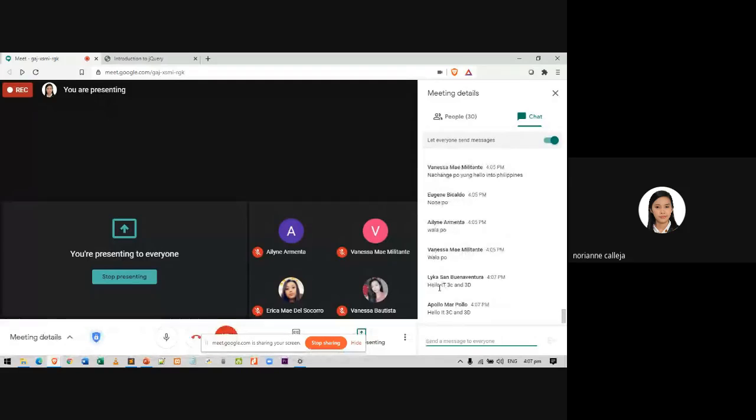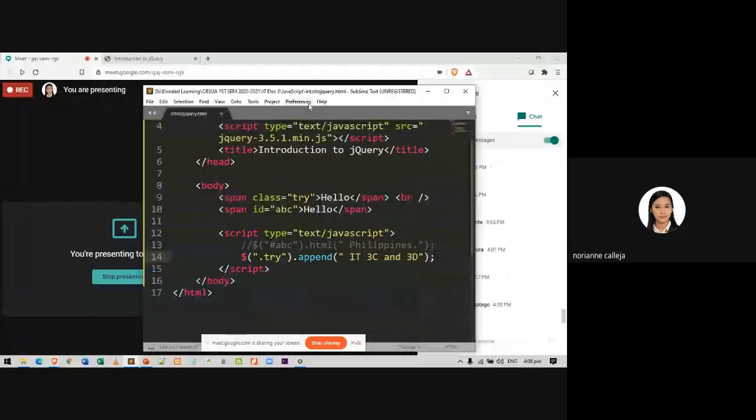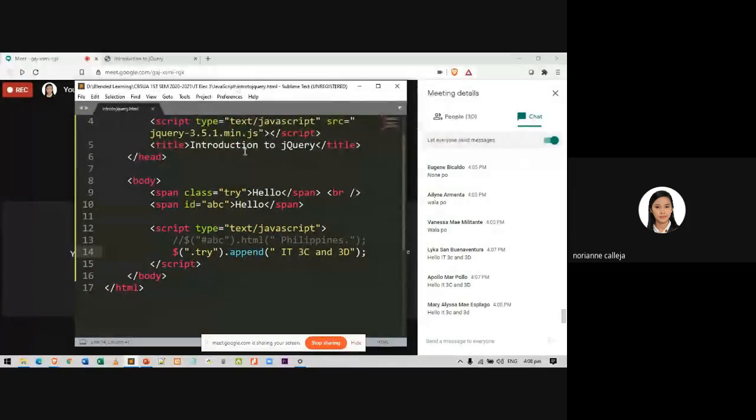Hello, IT3C and 3D. Okay. Any other guess? Any other guess?